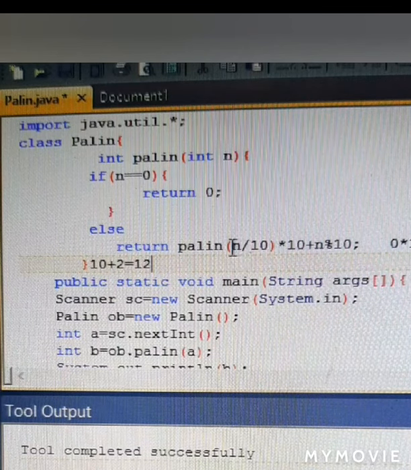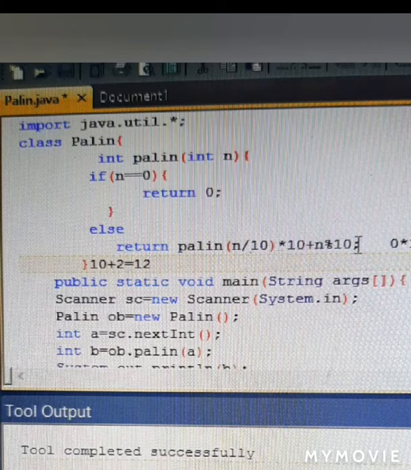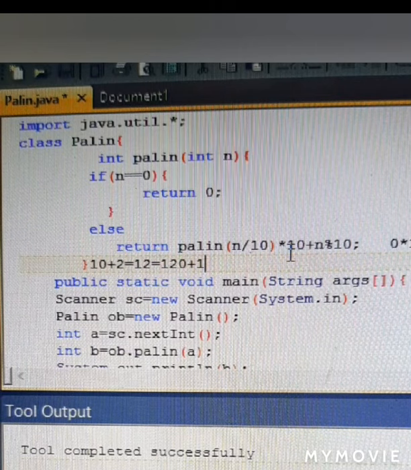After that, the last time when 1 was being divided by 10, the remainder was 1. And here in the memory, we already have 12. 12 into 10 will become how much? 120, plus the remainder 1 that we have got is 121. So 120 plus 1 will give you 121.